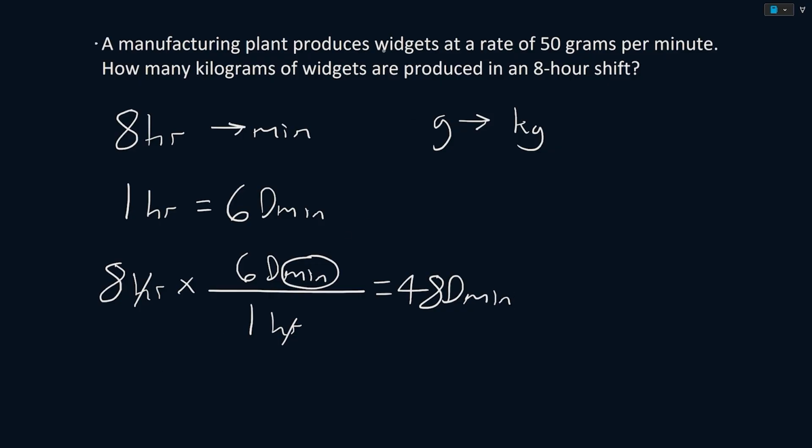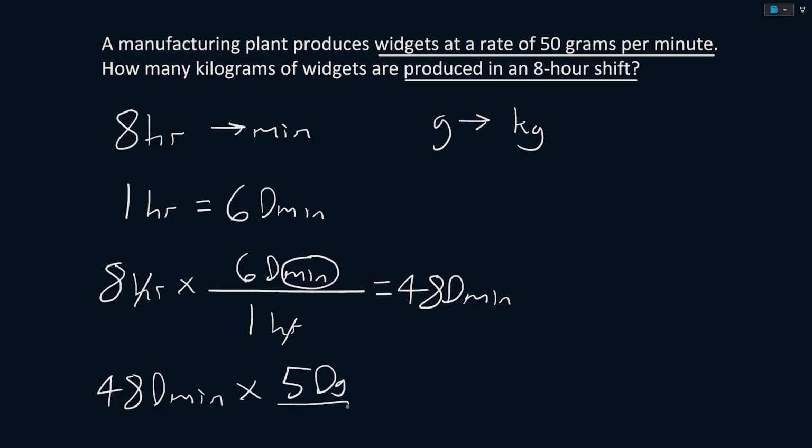If our widget produces at a rate of 50 grams per minute, and we are producing for a full 8-hour shift, then to get the number of grams produced in our 8-hour shift, we multiply 480 minutes times 50 grams a minute. This cancels out the minutes and leaves us with how many grams are produced during the shift. This multiplies out to be 24,000